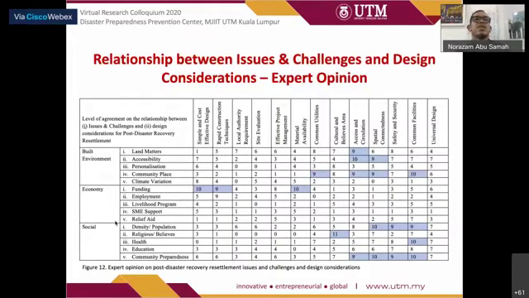In the table, there are 195 correlations between issues and challenges and design considerations. Expert opinions indicate 18 correlations which are commonly agreed, the highest level of agreement on the relationship between issues and challenges and design considerations: land matters and access circulation, accessibility and access circulation, accessibility and spatial connectedness, community place and